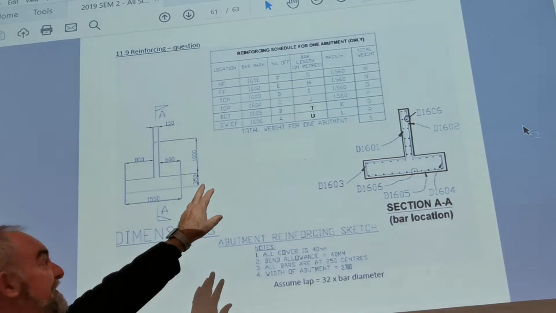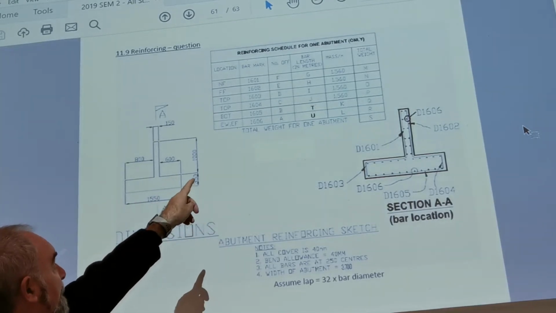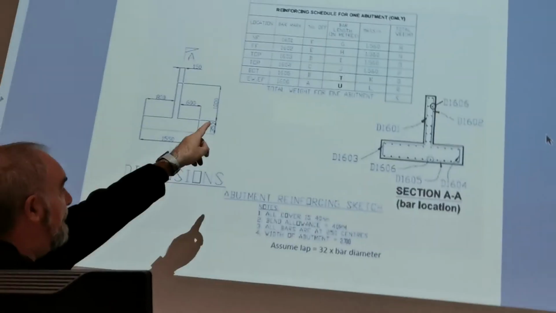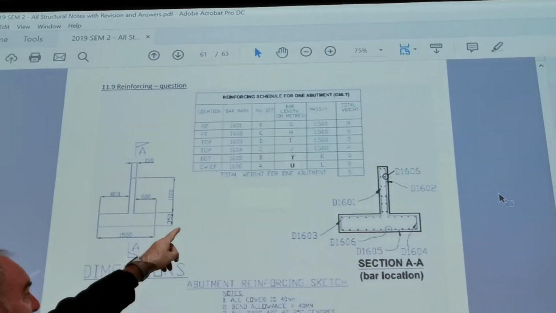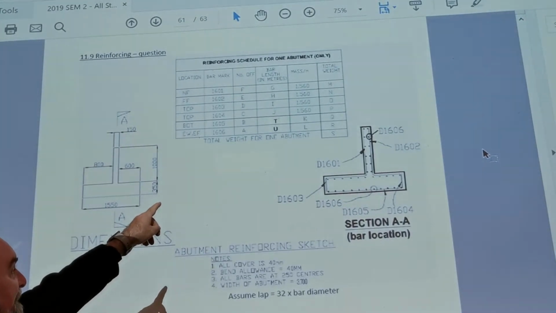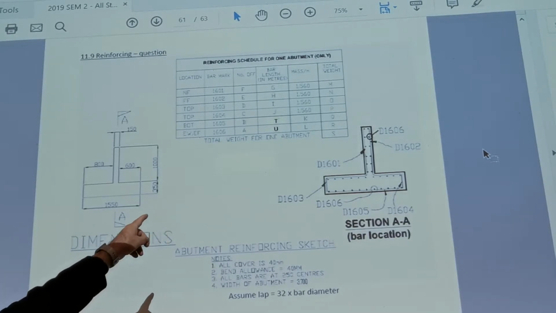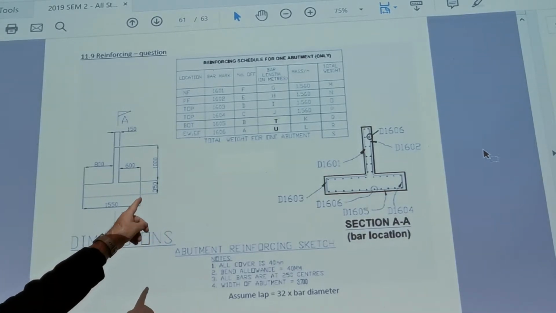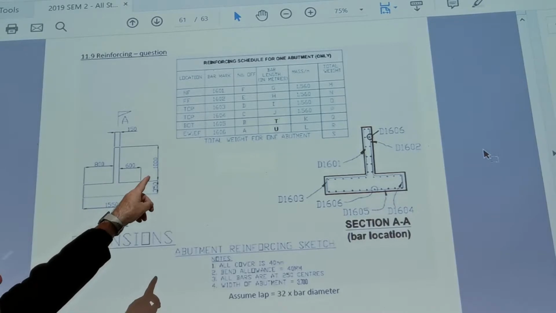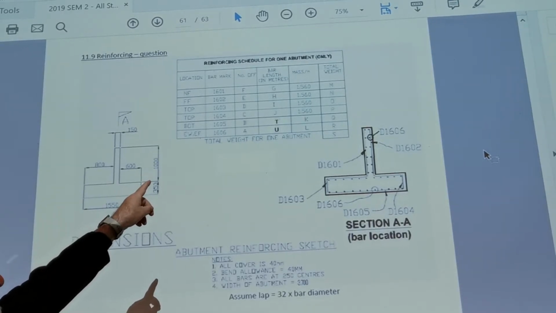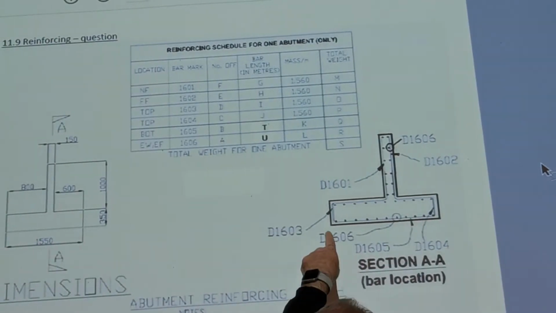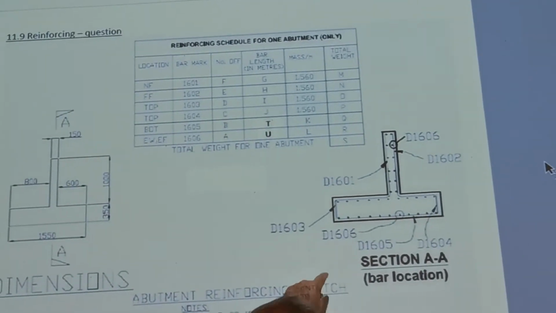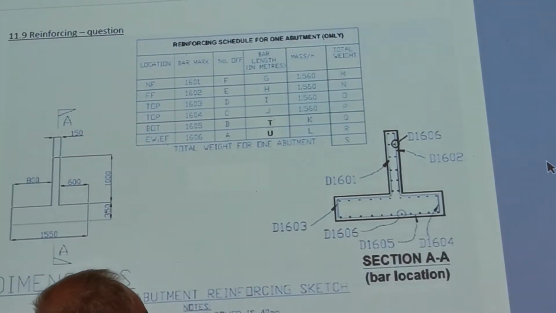So I'll give you an idea. The easy ones will be F, E, D, C, B, and unfortunately 16 is a hard one to calculate. 1606, so that'll be a hard one. Bar lengths. This one that curves around like that's quite easy, in my opinion. That's 1604,